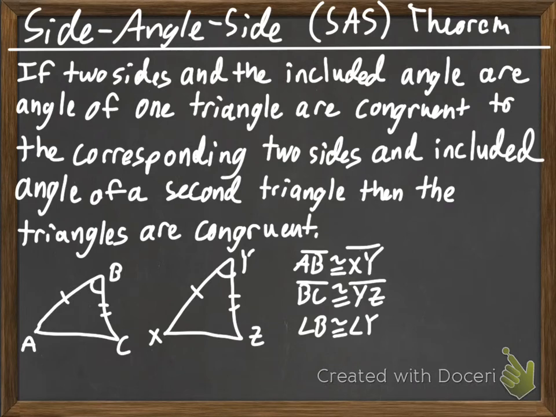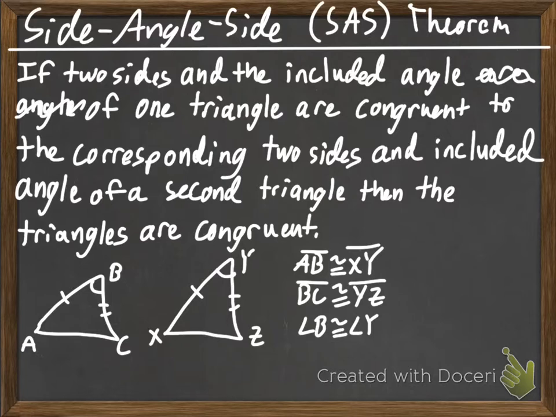Okay, now we're going to talk about the side angle side theorem. If two sides and the included angle, included means the angle in between, of one triangle are congruent to the corresponding two sides and included angle of a second triangle, then